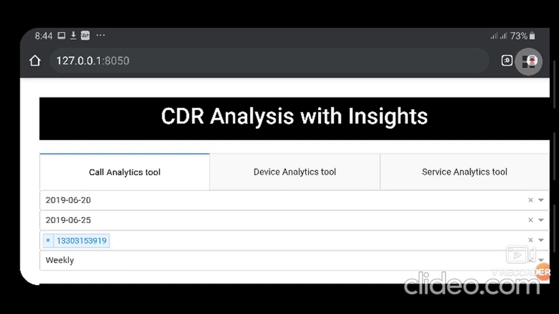Now this entire data set is very raw and the information is not directly usable. So by using Python, we write a program to clean it, to make it in the form that we can use in our web application. That Python project, we will be sharing. Now after creating that useful data, we segregate it into 3 parts that we can see here as call analytics data, device analytics, and service analytics, so that we can display all the information separately and category wise. We will be providing you all these files with this project.